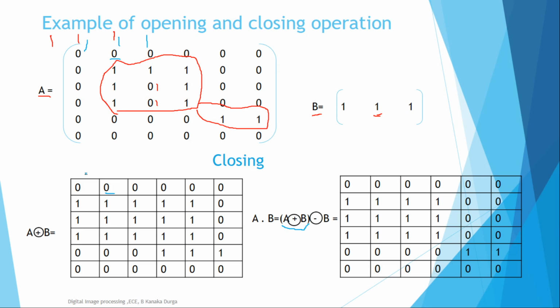So the same, the center has to be 1, this side 1, this side 1. So what happens? 1 0 does not match, 1 0 does not match. So the resultant is 0. And the center I want to calculate now for this one. So this will be 1 and this will be 1, this will be 1. So once again it does not match, so it is 0.